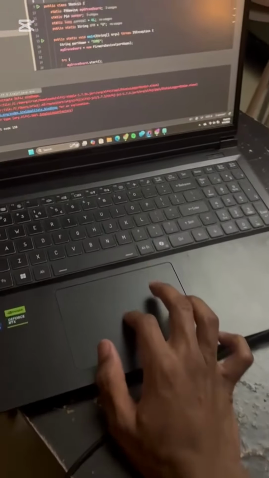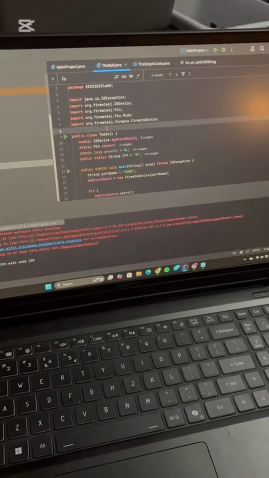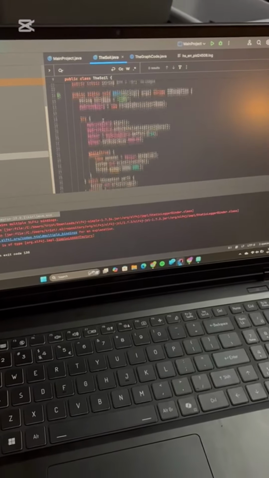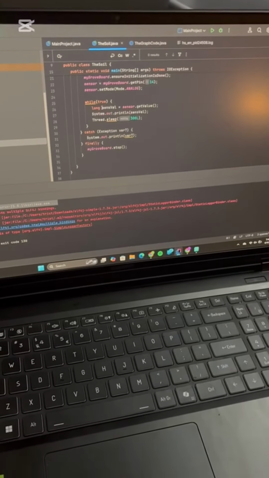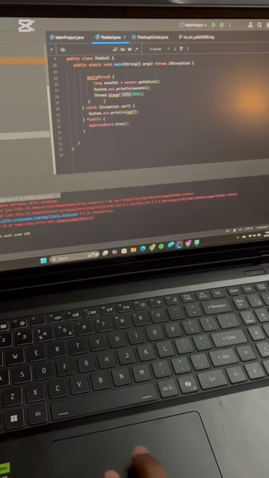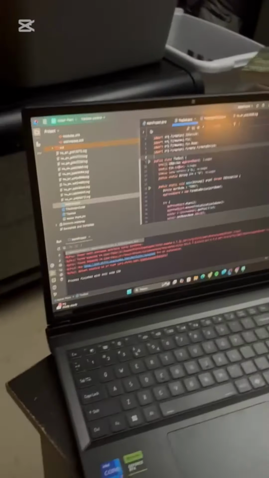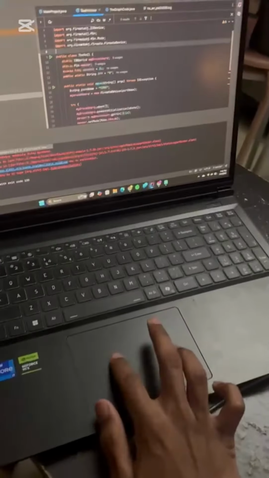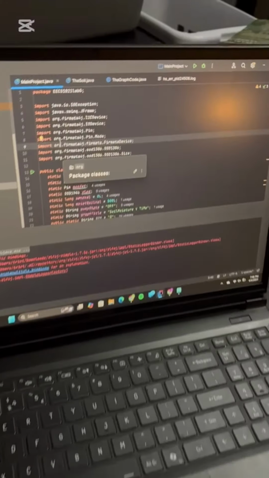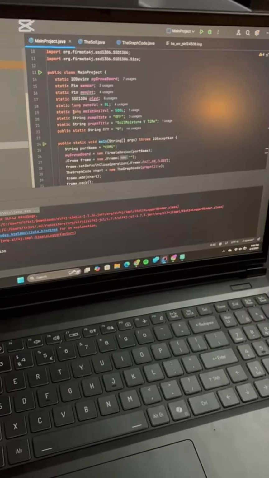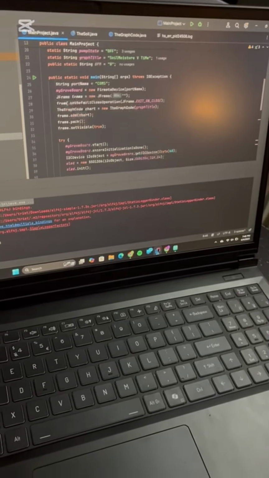So here we have an automated plant watering system, and we use the Grove Arduino board, a soil moisture sensor, and a pump, all controlled by Java, using the Firmata 4J, which is shown in my main program. My program reads moisture levels and automatically waters the plant when needed based on the threshold,